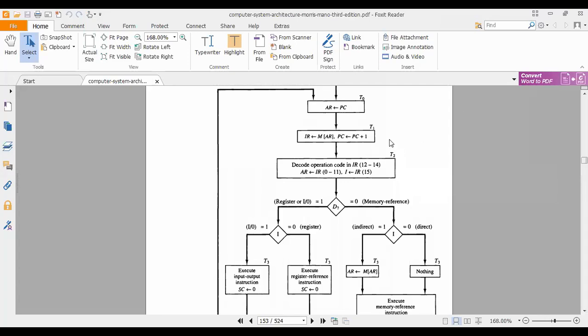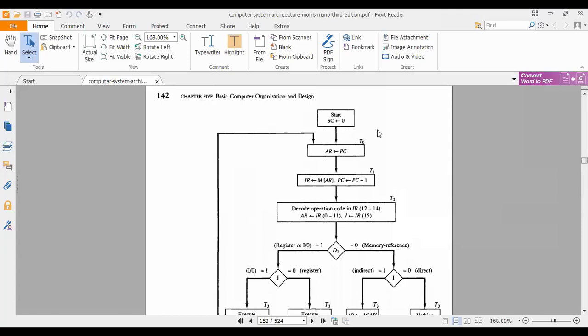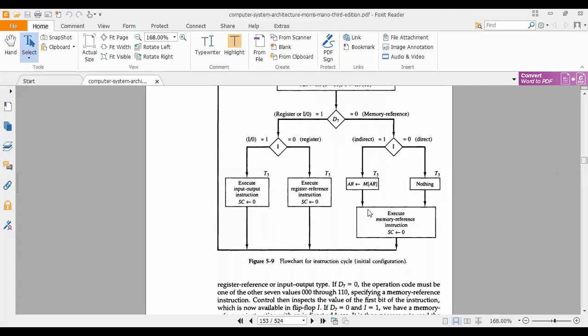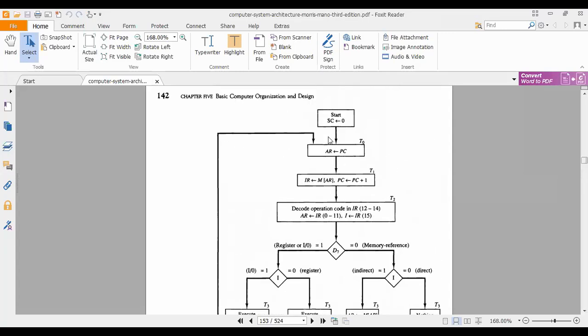Starting from here, that means the timing sequence T0, T1, T2, T3, everything combined, and after execution, the next instruction to be fetched. So the total cycle is called the machine cycle.